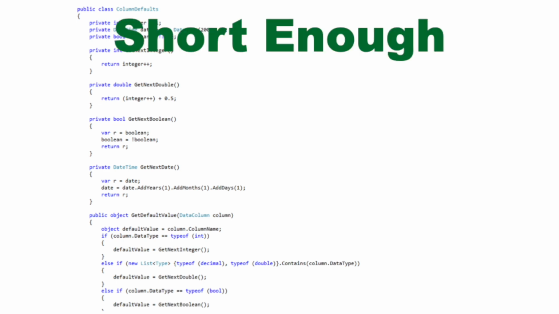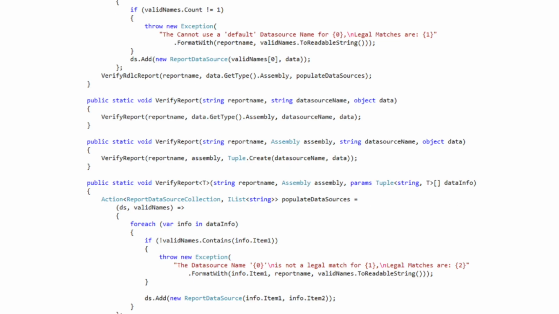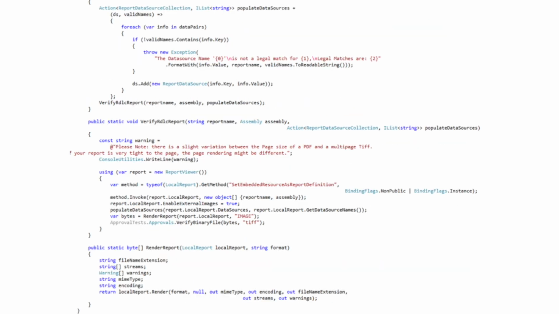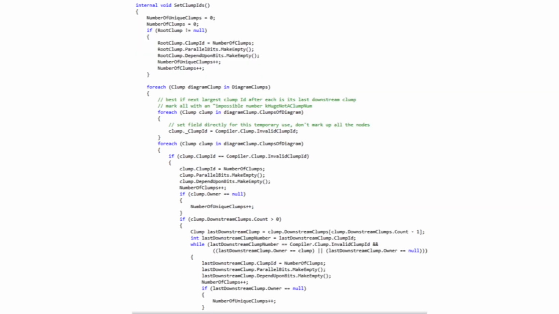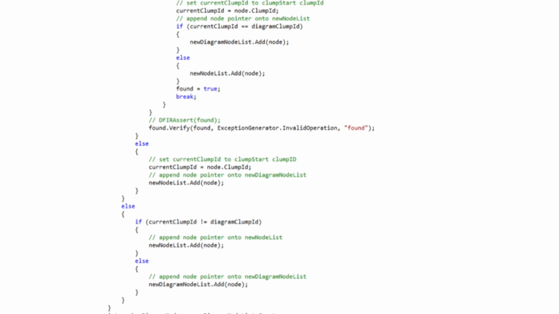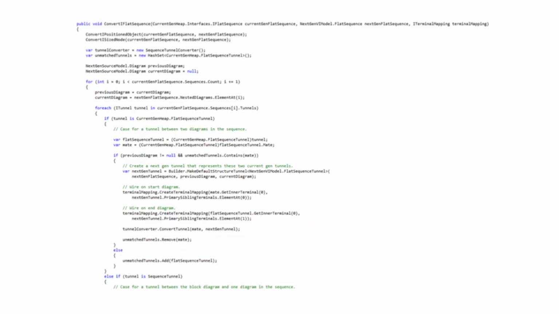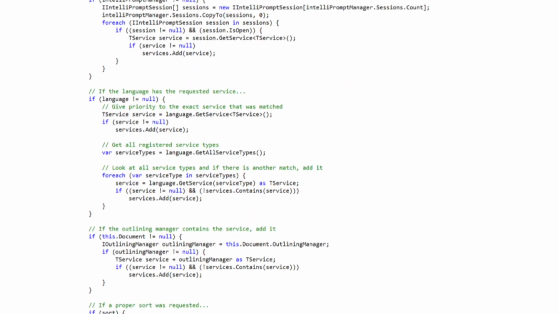long, short, long, long, short, short, short, long, long, long, long, long, long, long,